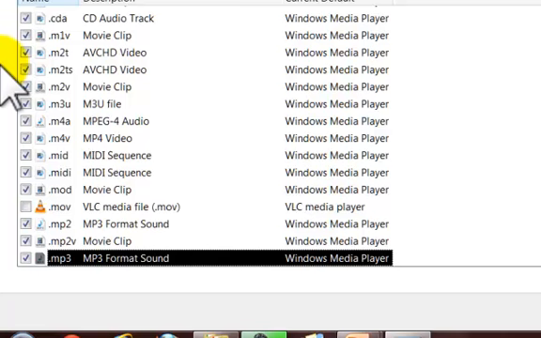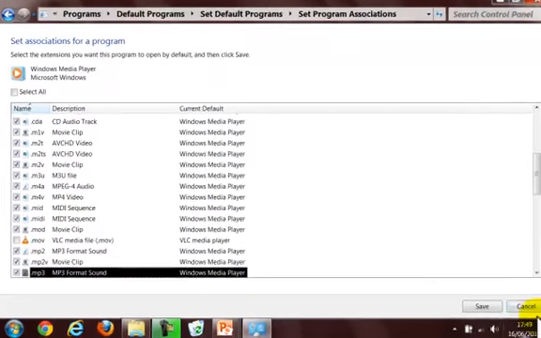As you can see, the mp3 is opened by Media Player, but I would love to open the mp3 with VLC. How can I do that? I will try to click in here. It doesn't work for me, so I need to give up. Yes, so I will not give up. If it doesn't work for you in here, all you need to do is cancel,